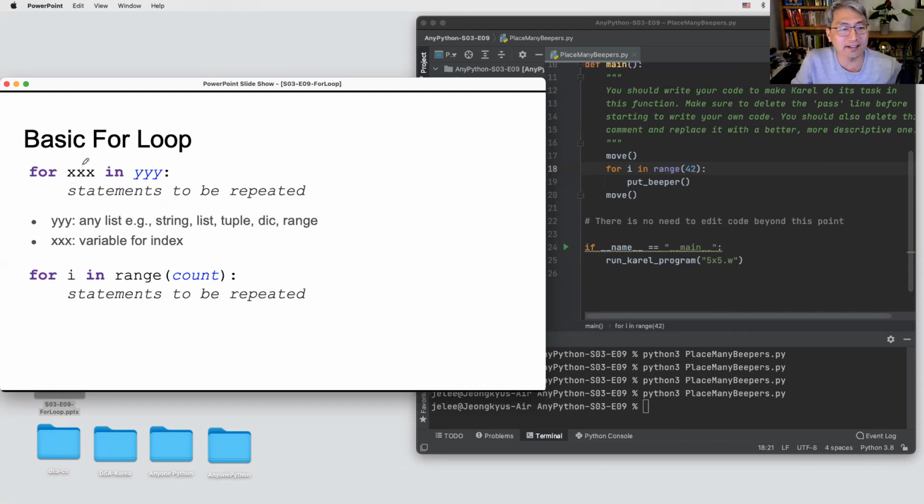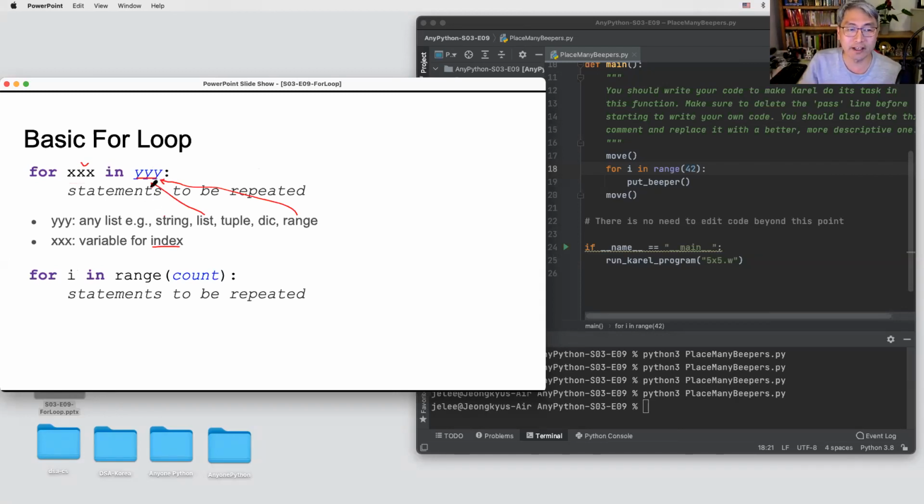For xxx, where xxx is the variable, the counting variable, or sometimes called the index variable. So it can be the range over here. It can be the list. What is a list? Don't worry. We will cover it in the next episode, but list means it's a list. List of books, list of something. It's a group, many things, many variables.